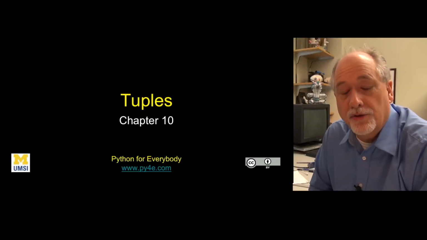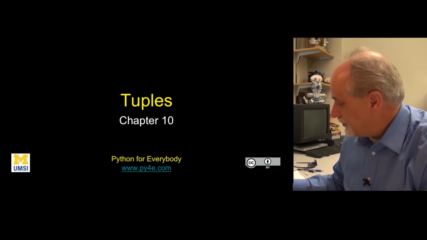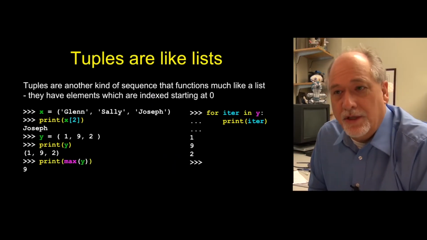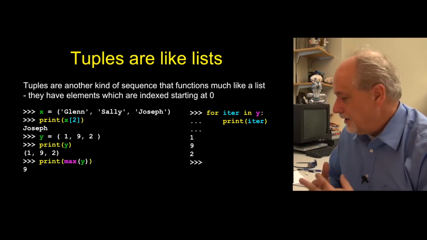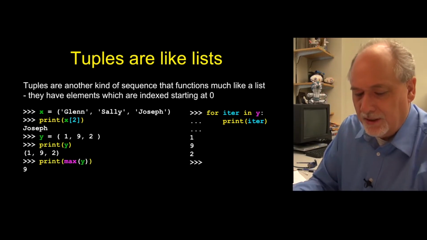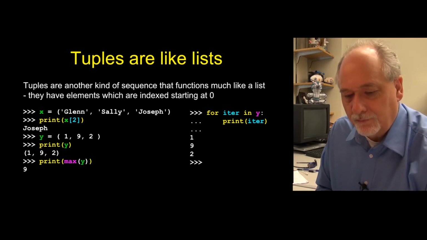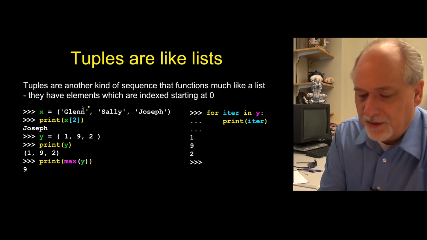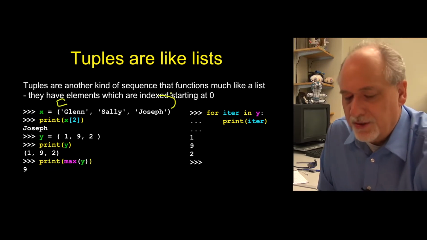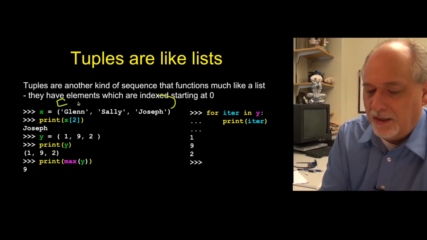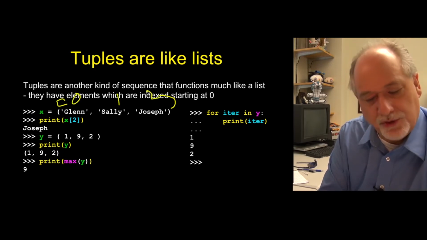Now we're going to talk about our third kind of collection called tuples. But tuples are really a lot like lists. There's not too much to them. They're really kind of a reductionist version of lists. So they function very much like lists in that they have things, and the difference is there are no square braces. There is a parenthesis, round brace or whatever, and they have positions 0, 1, and 2, just like a list,